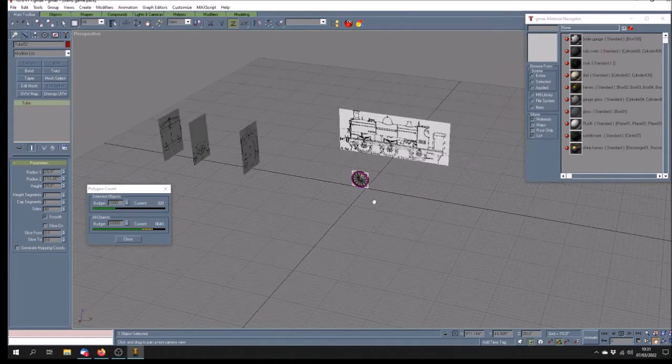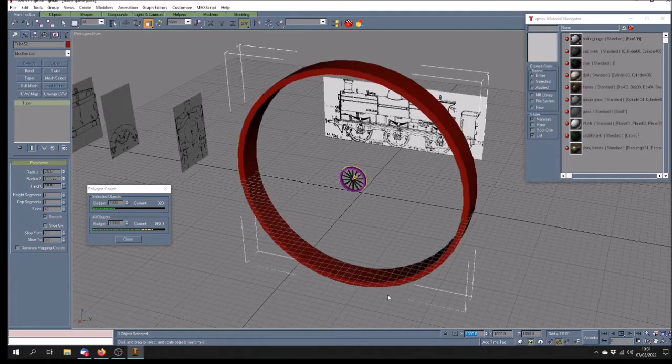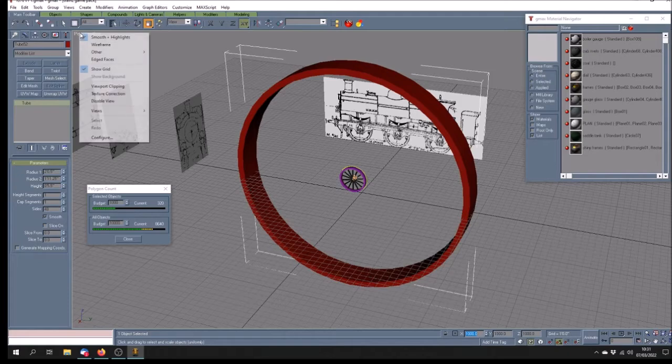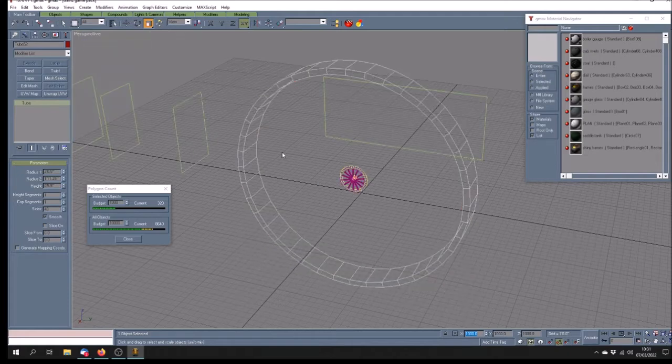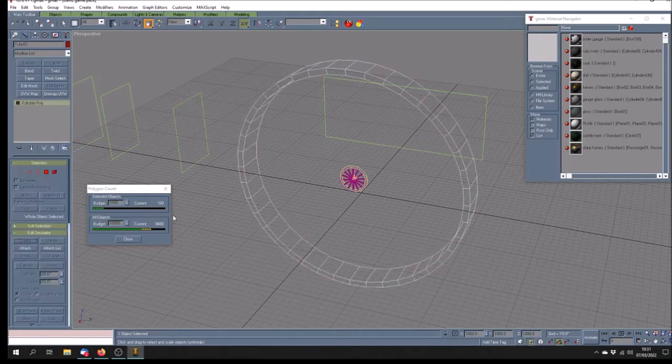So therefore I can save a lot of polys there. And the first thing I'm going to do is make it big. I'm just going to make it from 100% to 1000%. There it is, massive. Put on the wireframe, and I just find this more convenient. And then it's a tube at the moment with 320 polys. You can see all those steps around to make the curve. Convert that to an editable poly, and it comes down to 160. And then selecting the polys,